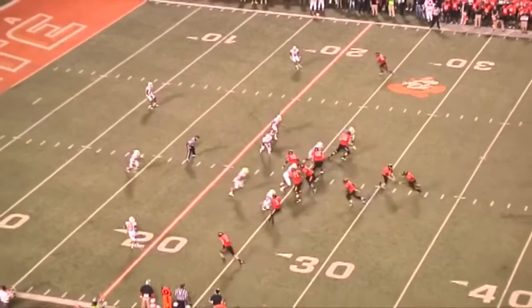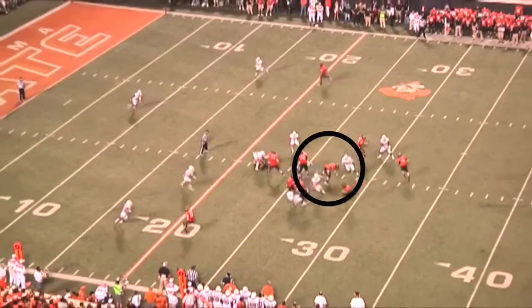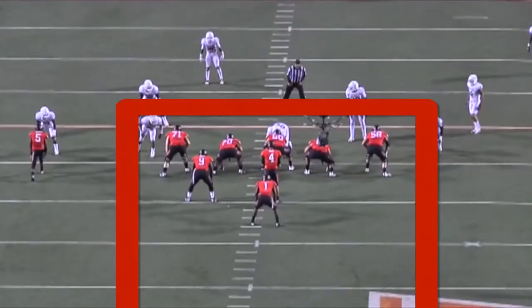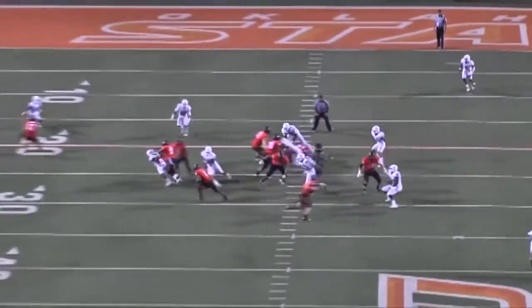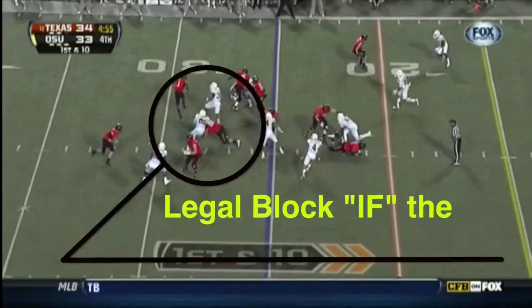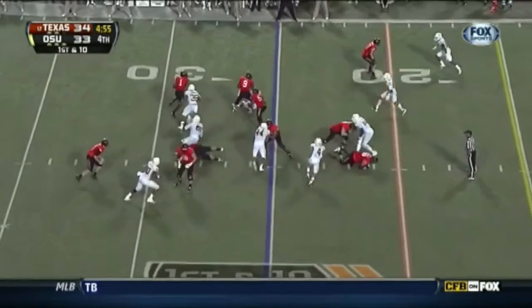Play number 7 is a peelback block because it is low back toward the blocker's own goal line. Linemen and stationary backs inside the tackle box are allowed to block low within the low block zone, as was mentioned in the introductory comments on Rule 916. If the ball were still within the low block zone, this block by the right guard would be legal. However, in this play, because the ball appears to be outside the position of the normal tight end as the block is made, this peelback block has become a foul, even if it were from the front.